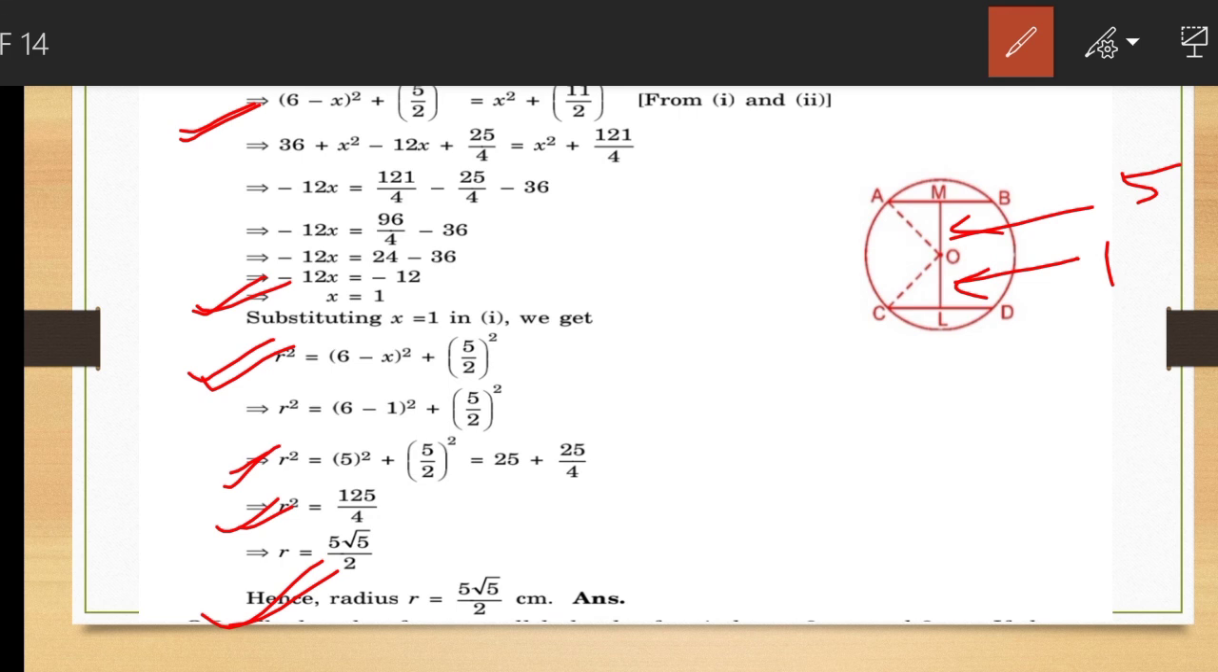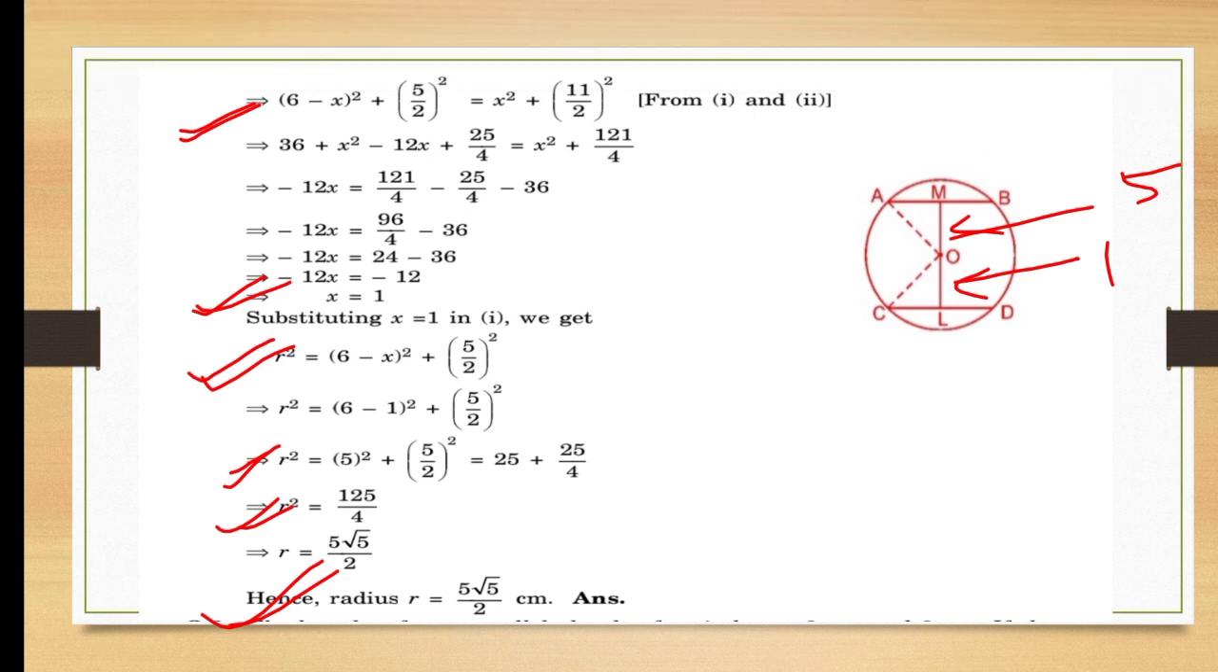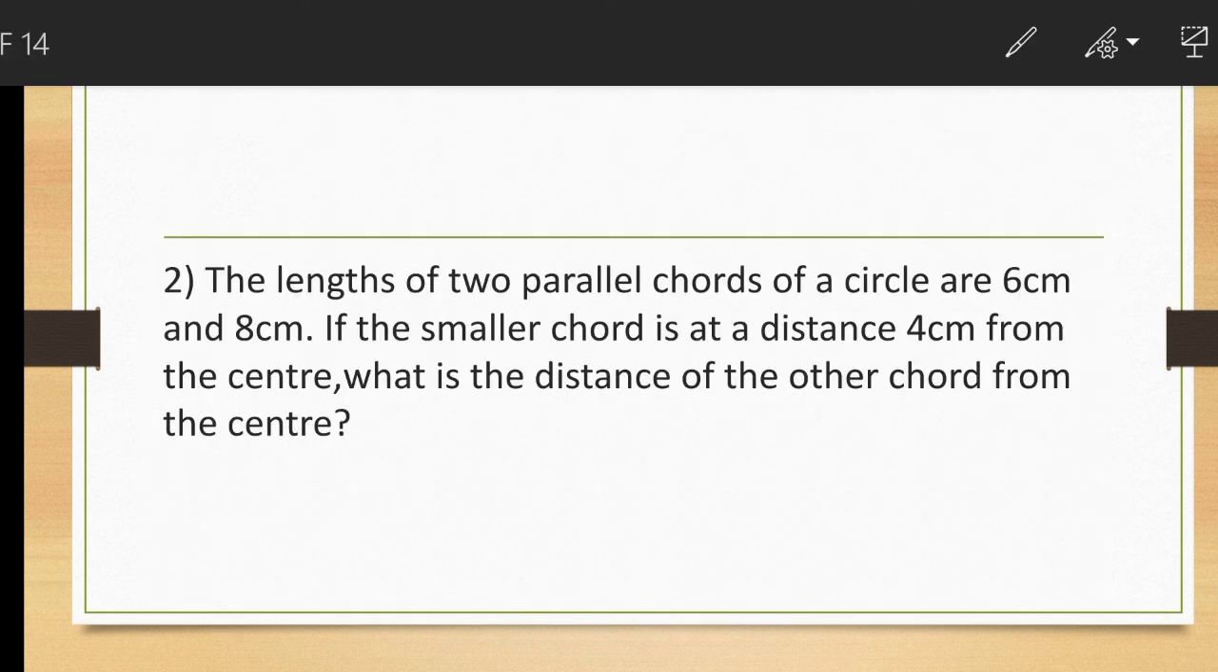So this is one kind of sum where the chords are on 2 different sides of the center, and we need to find the radius. What if the chords are on the same side? Then what will we find? So here is a question. It says the lengths of 2 parallel chords of a circle are 6 and 8 centimeter. If the smaller chord is at a distance 4 centimeter from the center, what is the distance of the other